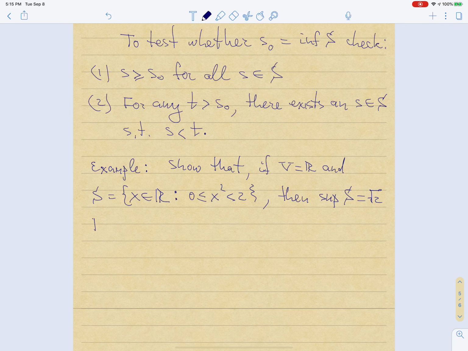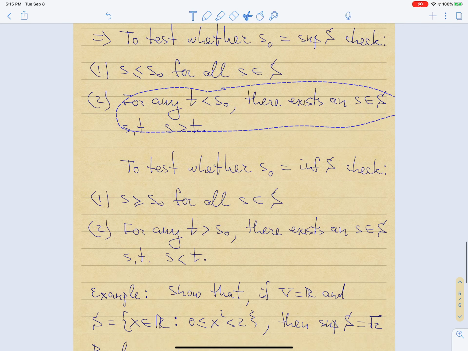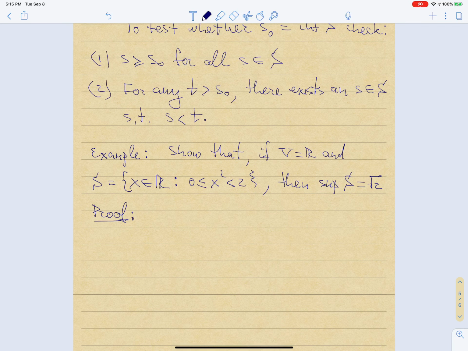So, proof. What do I need to verify? I need to verify these two conditions, right? Number 1, that square root of 2 is an upper bound, and number 2, that it is a least upper bound. So number 1, from the definition of S,